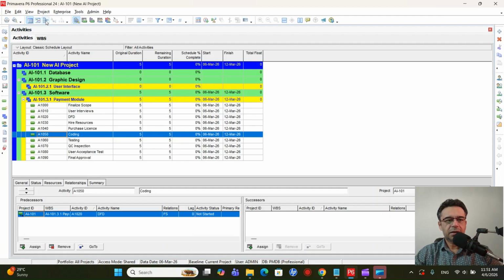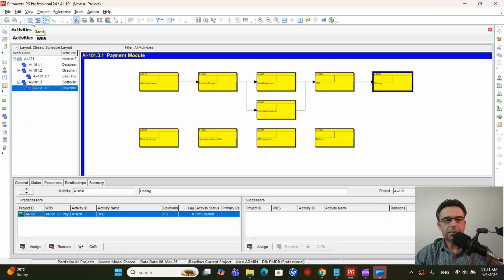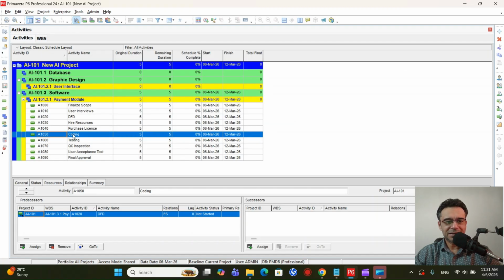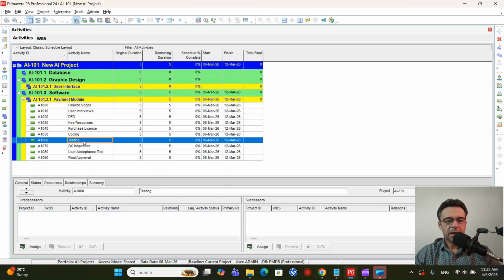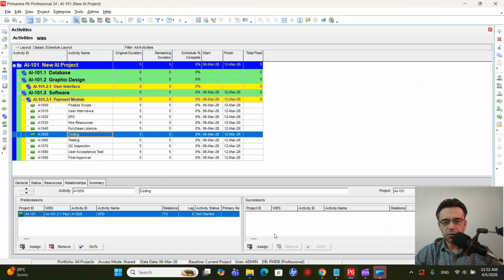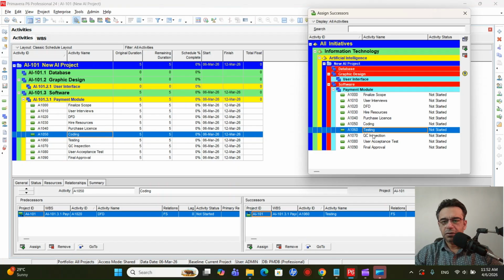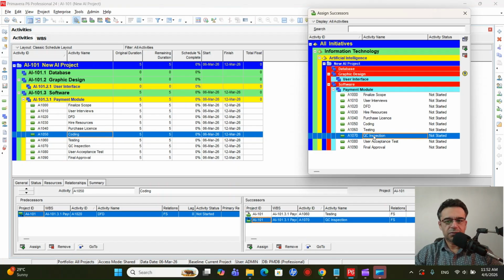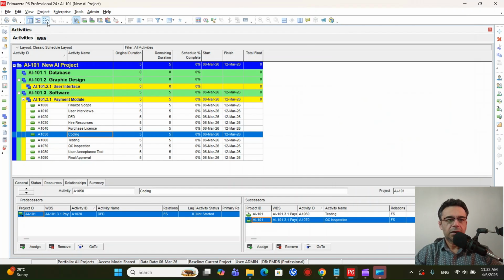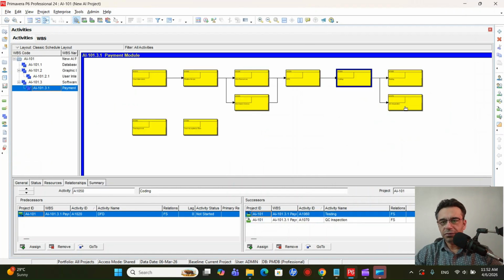So we have done everything up until the coding part. After coding, we'll select the coding and go to the successor, where we'll have the testing and the quality control inspection. We'll select both, double click on both. If you go back to the diagram, we can see both here. If I zoom in a little bit,